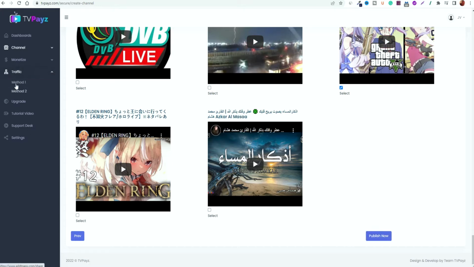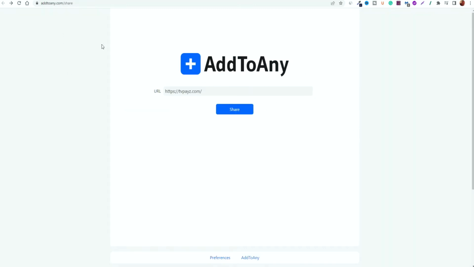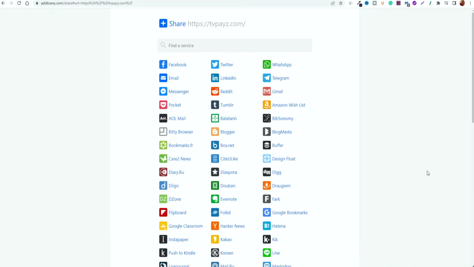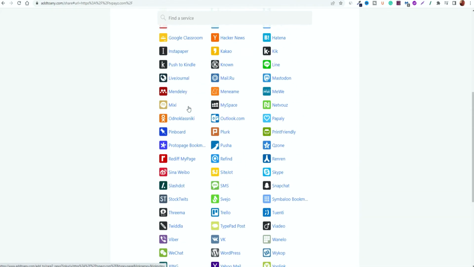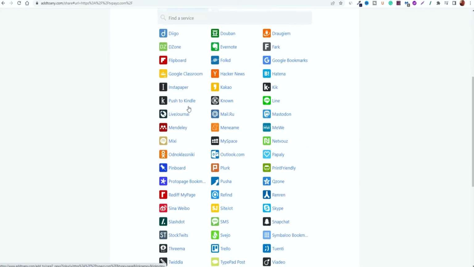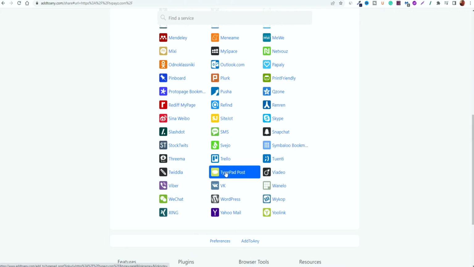If we come over to the traffic methods, as you can see there are different methods that you can utilize. When you look at the first method, you can click on the share button, and it's going to give you a list of all of the potential avenues that you can look at to drive traffic. But there are a lot of platforms in here that aren't even traffic based apps. The likes of Trello is more of a workspace app that you can use to plan out your projects and processes. It's not used for driving traffic.